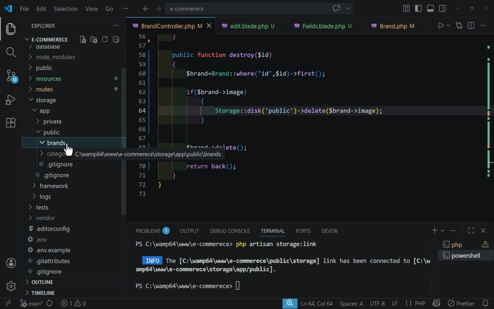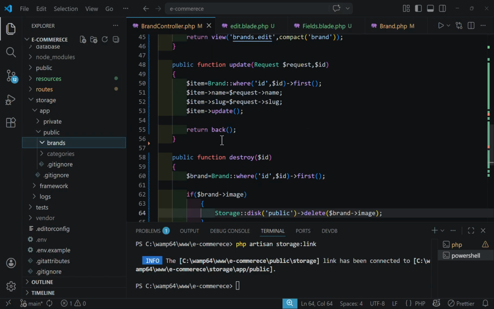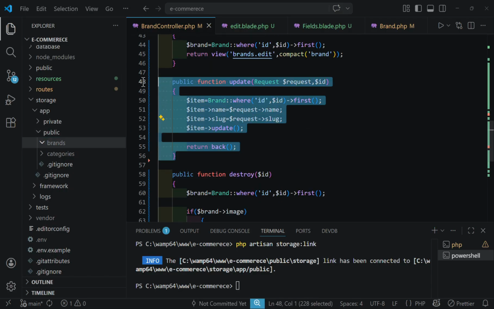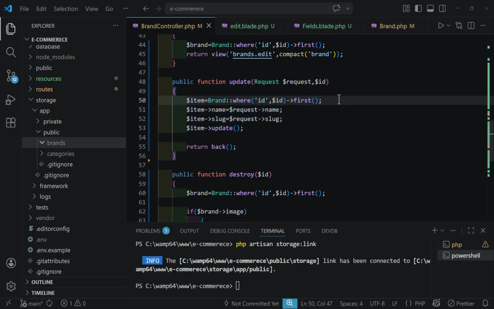Now that we know how we can add and how we can delete it, it's time for us to also fix our update method. In here, first we have to check that if the image exists, then we have to delete the old image. Otherwise, after that, add the new image. So for that,